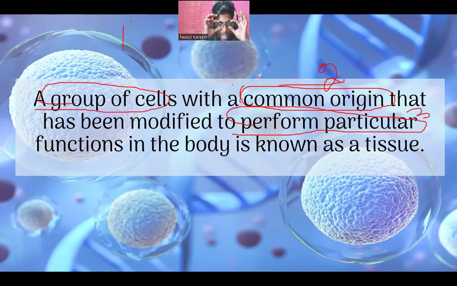This eye, the cells of the eyes have a unique function. What is that? Getting the sunlight, light energy. And what is the function of the ear? Getting the sound energy. What is the function of the muscles? Moving the bones. So each and every tissue has a unique function, a particular function. Is it clear about the tissue? Three facts complete.